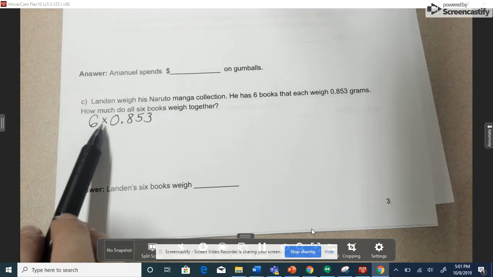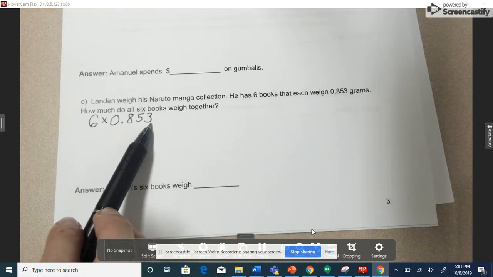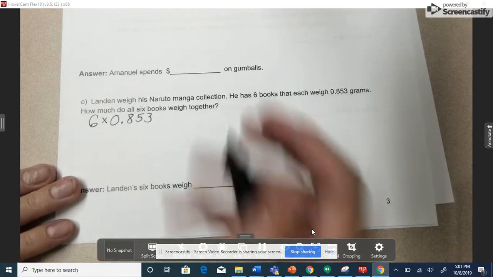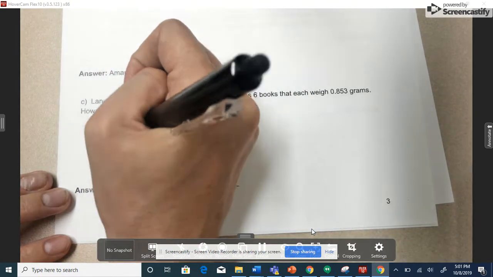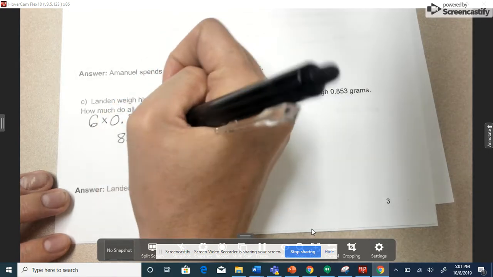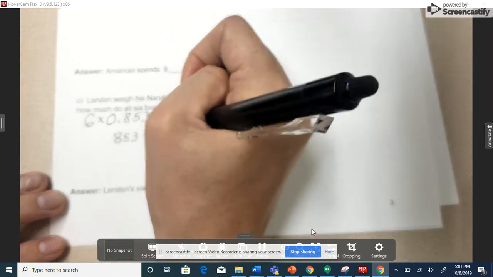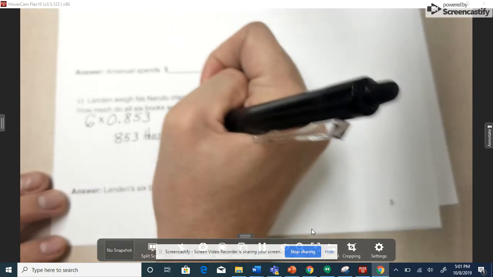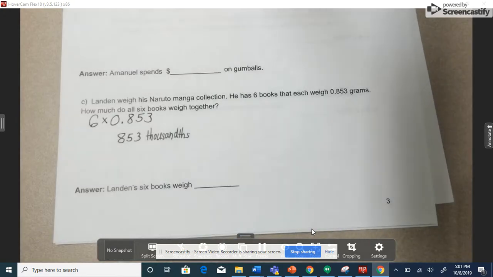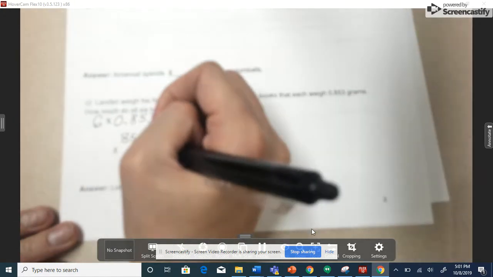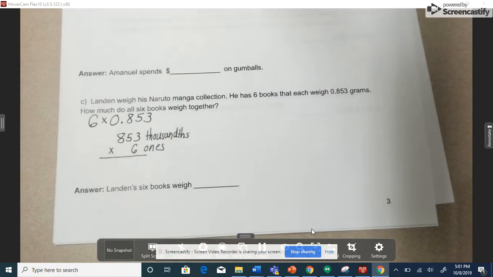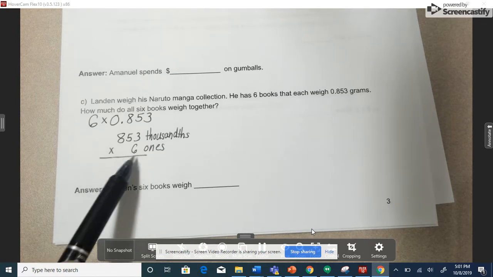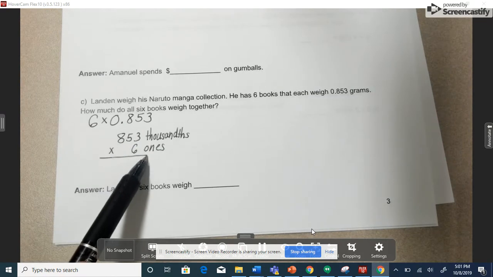All right, so we're multiplying 6 times 853 thousandths. Let's start by writing these in unit form. 853 thousandths times 6 ones. There we go. So let's start by multiplying these digits or these numbers just like we would if these were